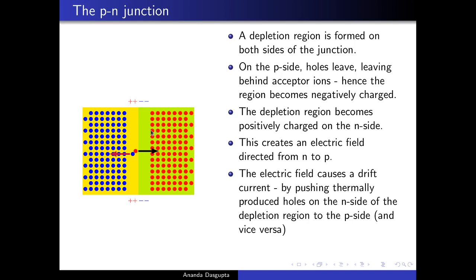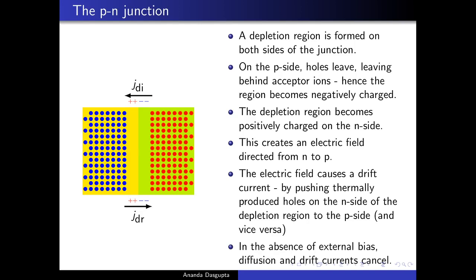In diffusion current, holes were diffusing to the left, electrons to the right, both leading to a diffusion current which is pointing to the left. The drift current, on the other hand, is just in the opposite direction. It's caused by the electric field which is there, and it essentially pushes electrons or holes which are produced in the depletion region for thermal reasons